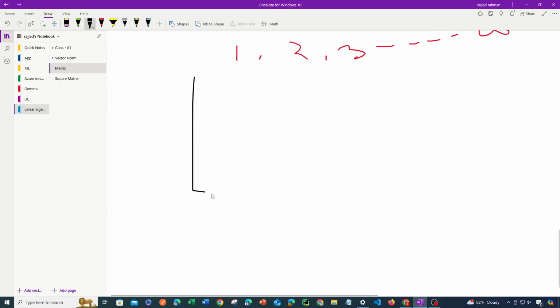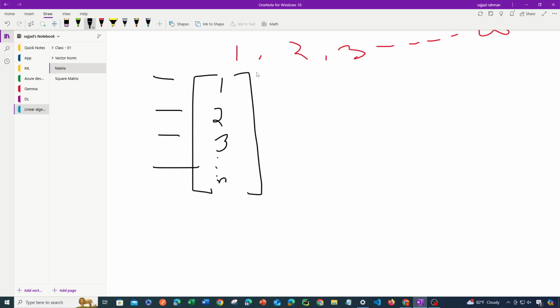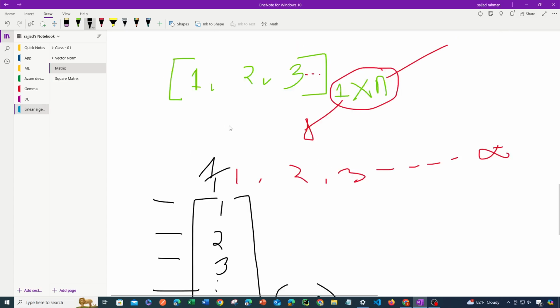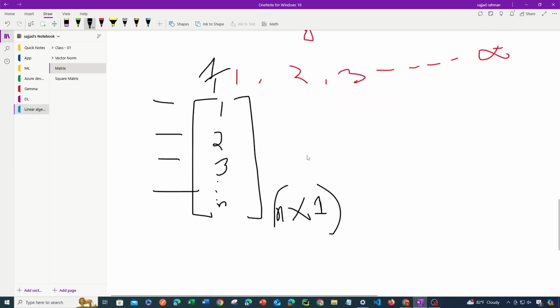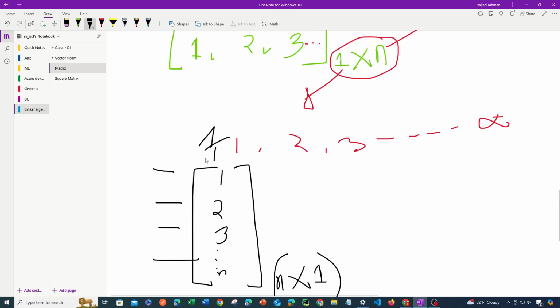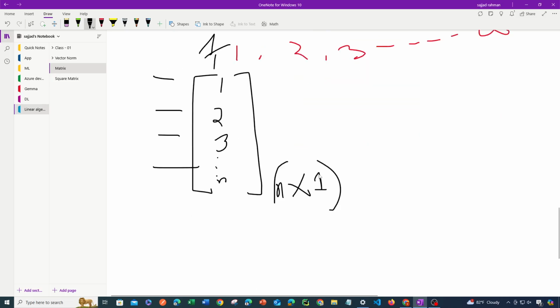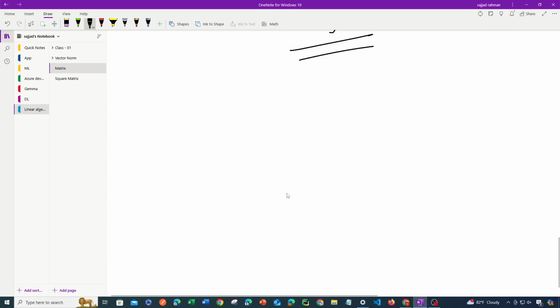A column matrix has only one column. So n number of rows, we know this is the row, and only one column here. So we can write it down like this. This is very important. We have to know exactly the order of a matrix. Okay,